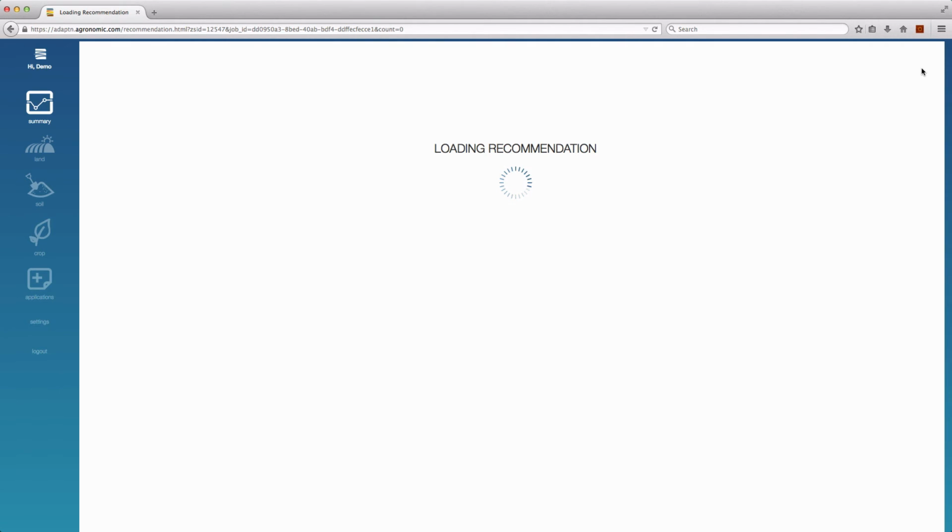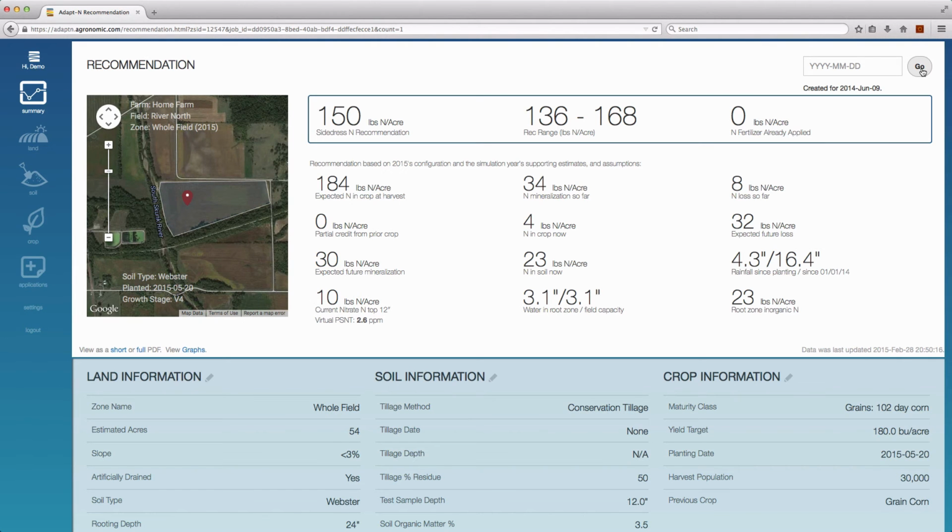At this point, AdaptN gathers the high-resolution weather data for this location and runs a set of simulations to determine how much nitrogen is needed to hit the yield goal for the characteristics specified for this zone, taking into account nitrogen gains and losses up to this point as well as expected gains and losses for the rest of the season. For an accurate in-season recommendation, it's important to enter into AdaptN any applications of nitrogen, irrigation, or manure that